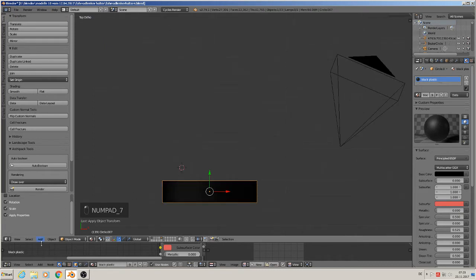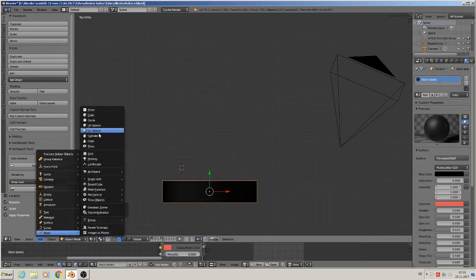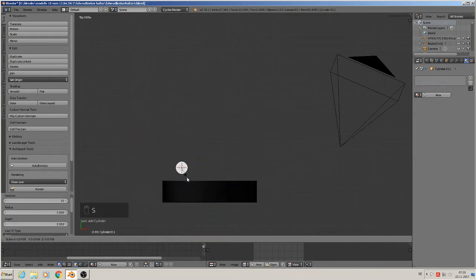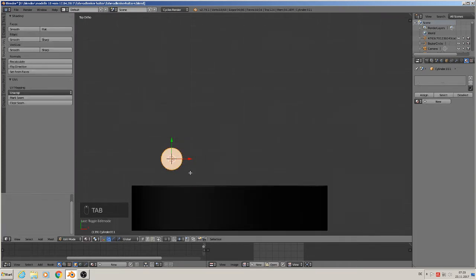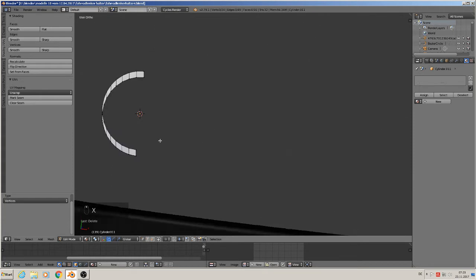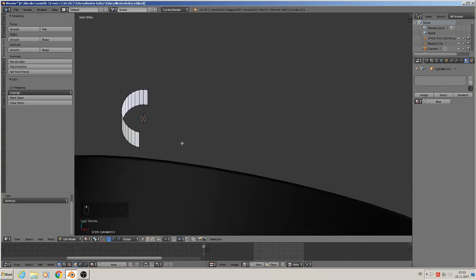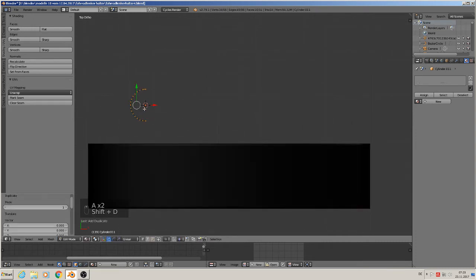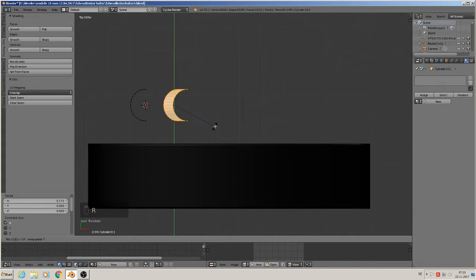So we go in here and add mesh cylinder, scale them down, edit mode, vertex selection is on, mark the left side with border selection, X, delete vertices. So we have that, we need it at the other side too. So A, select all, Shift D, make a duplicate, rotate Y 180 degrees, so we have it on the upside,